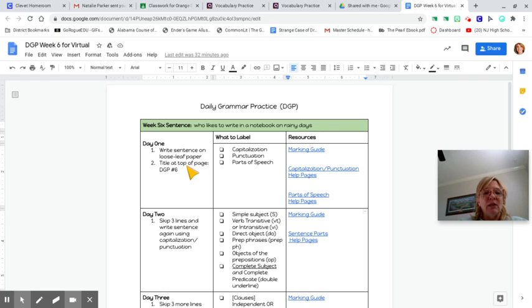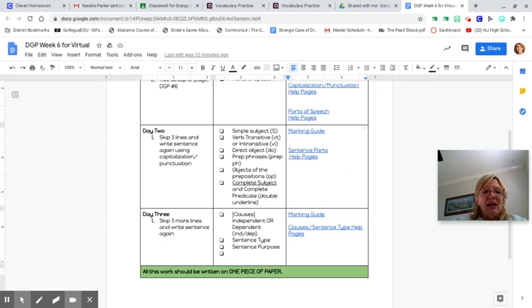Remember to label it and title it. Put your name in the upper right-hand corner, because you are going to turn it in, and I need to have your name on it so that I can see it. But first, you're going to label your capitalization, punctuation, and parts of speech. Your resources are over here, as they always are. Then you're going to rewrite your sentence,